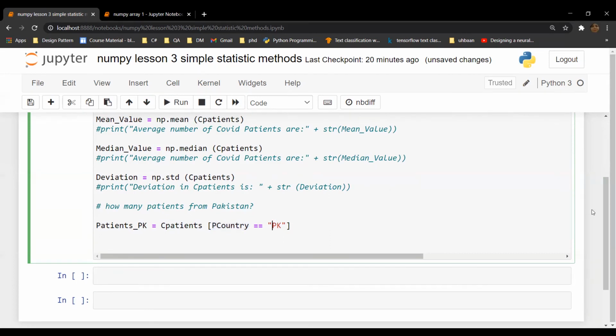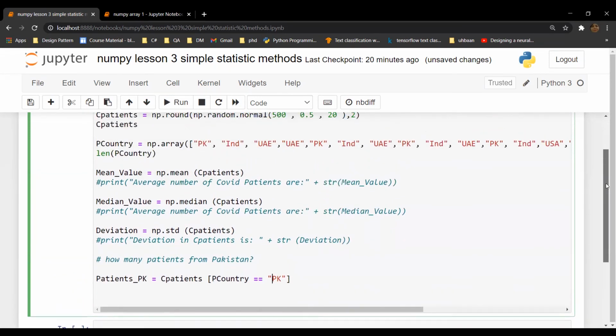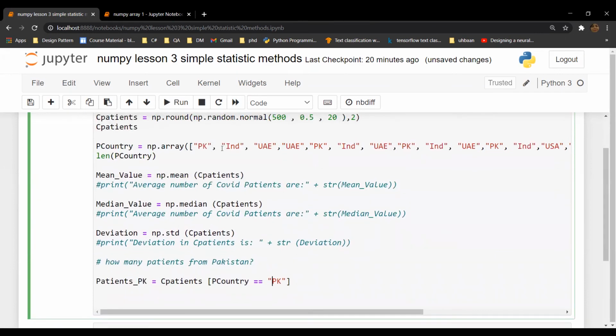So it will simply do a comparison among these two arrays, C patients and P country, wherever there is pk, and at the same index number, what is the number of patients. So let's suppose at the 0 index we have pk, and the value at 0 index in C patients will be fetched, and then we have 0, 1, 2, 3 and 4.